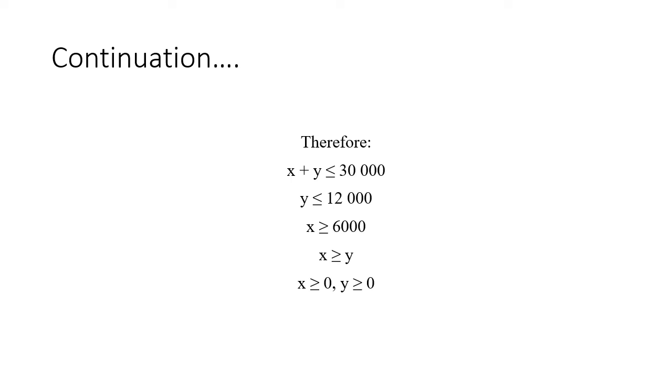Therefore, the total invested in the bonds should be less than or equal to 30,000. For this one, it should be less than or equal to 12,000. And this one should be greater than or equal to 6,000. So therefore,